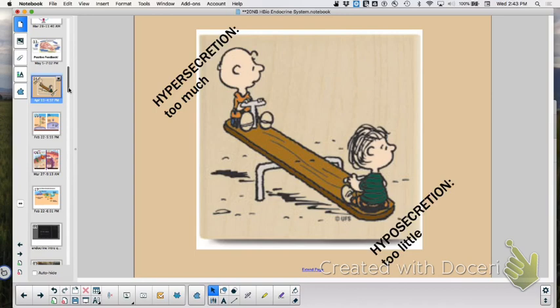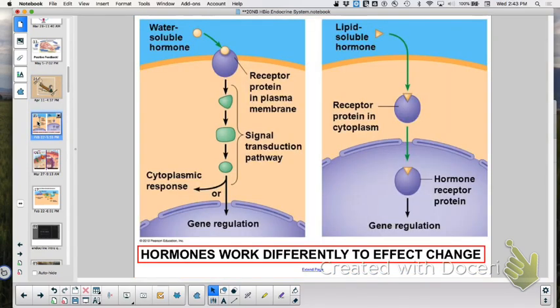Now what I want to talk to you about are two different types of hormones. Okay? So you have protein hormones and you have steroid hormones. Now steroid hormones are underneath the umbrella of what? What's a steroid? It's one of what? Lipids. Yeah, there's fats and steroids, right? Both of them are lipids. And you know your cell membrane is a phospholipid bilayer. So steroids have no problem crossing through a phospholipid bilayer. And their receptor is internal somewhere. Here we go. Lipid solubles going in. The receptor is inside, maybe in the cytoplasm, maybe even in the nucleus. That's where their receptor is.